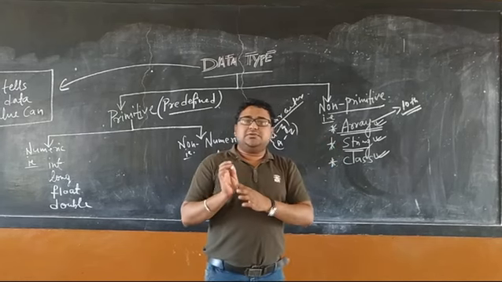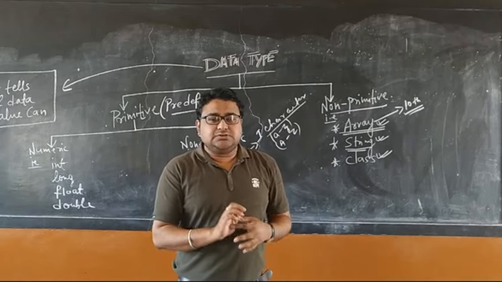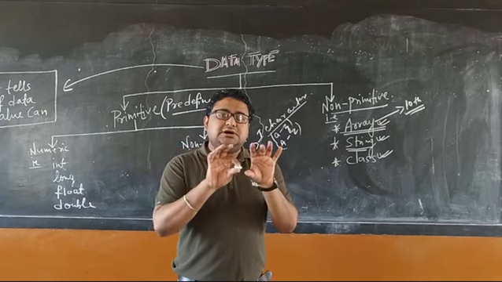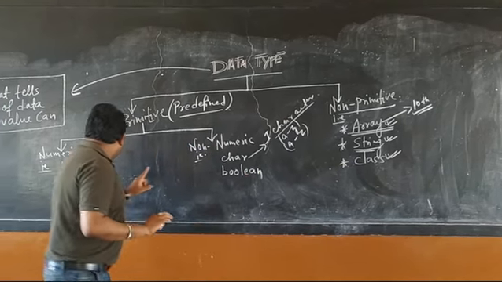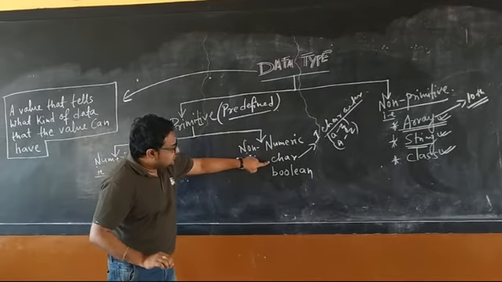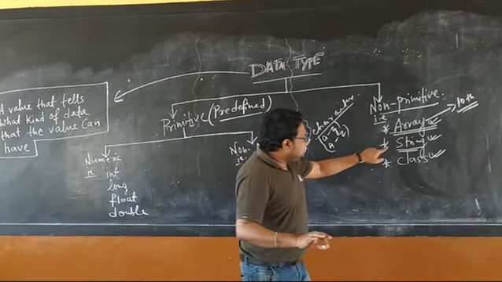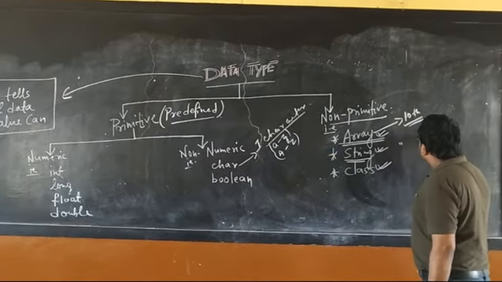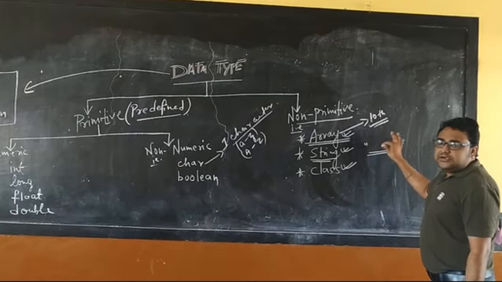Even if you want to write the name of your mummy, papa, school name, all these things are also strings, because they contain many digits, many alphabets. Single alphabet, then char. Many alphabets, then string. The string value is always in between double quotes.